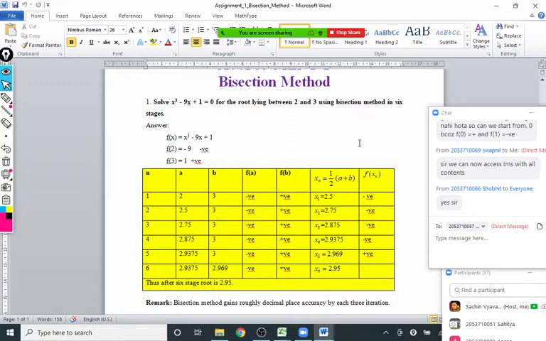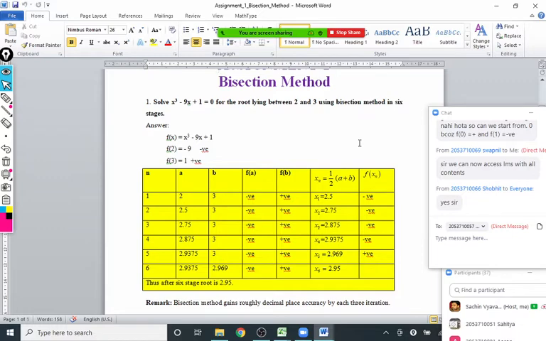Whenever a range is not specified, near 0 there is generally only one root present. For example, the root is either in 0 to 1 or 1 to 2, at most 2 to 3. Generally in such examples the range is not specified. Whenever roots exist in both 0 to 1 and 1 to 2, generally the interval is given, because the examiner wants a unique answer. Otherwise someone finds a root in 0 to 1, someone in 1 to 2 or 2 to 3. In this question, f of 0 is positive and f of 1 is negative.